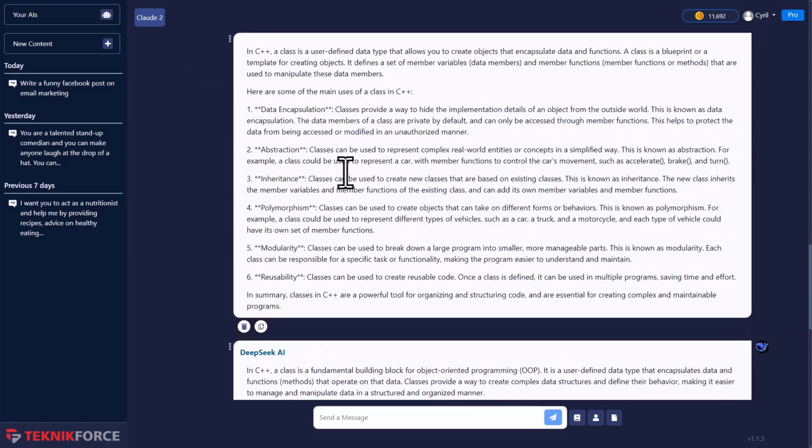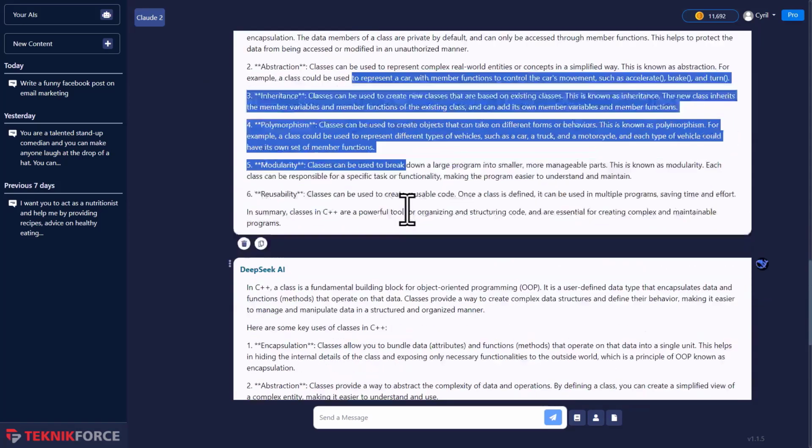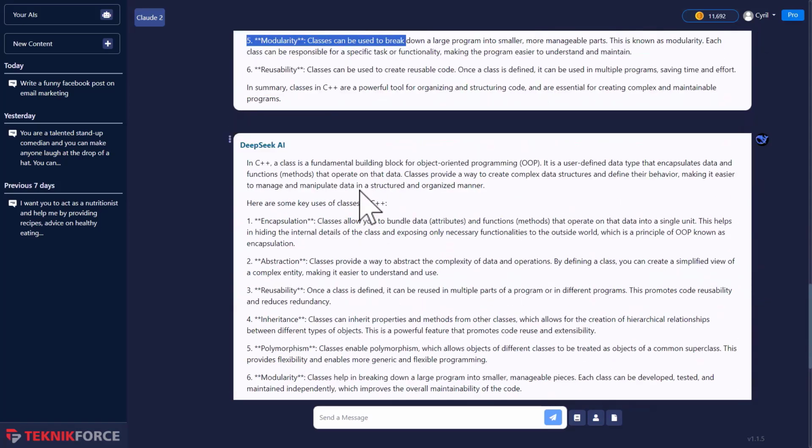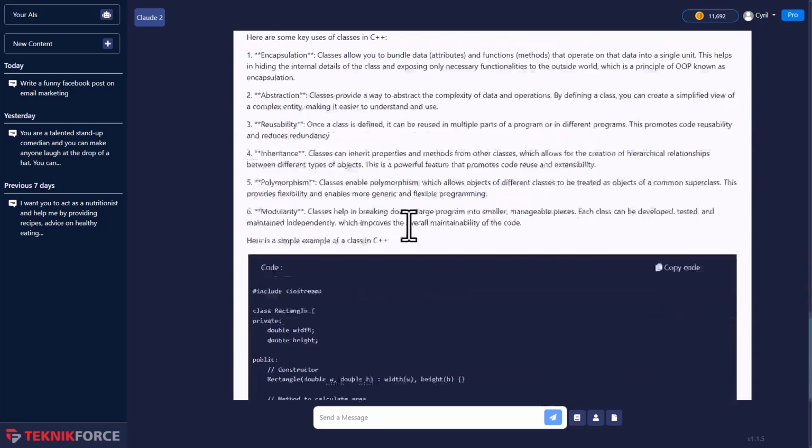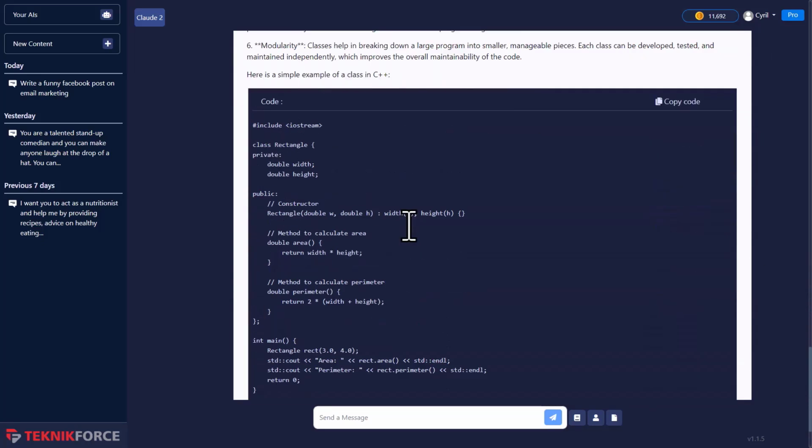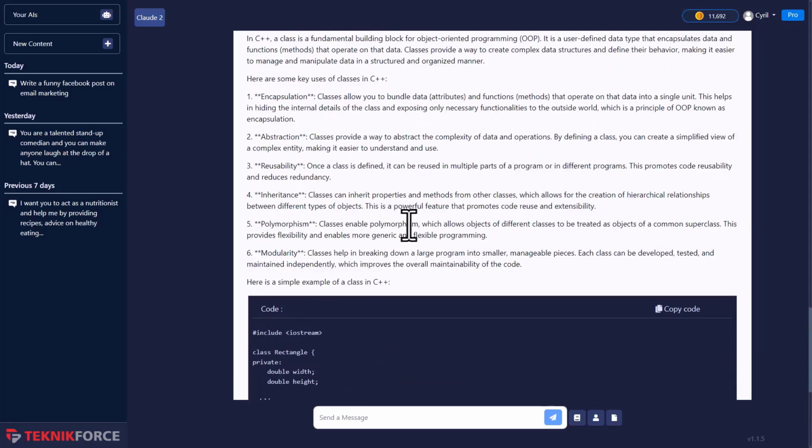As you can see clearly, Wizard LM gave you an answer, but it wasn't that detailed. And on the other hand, DeepSeek gave you quite a detailed answer with a code sample, definitely more helpful. So now you will never be stuck in a place where your AIs are not giving you the great answer, the good answer that you expect. You can always tag multiple AIs, find the exact answer that you want, find the information that you want, and